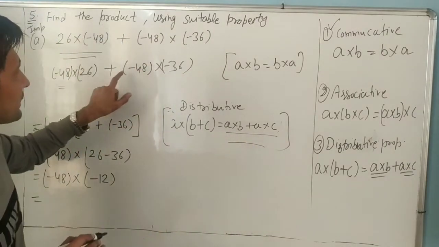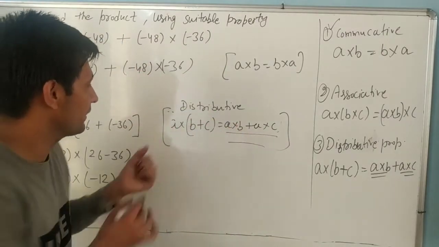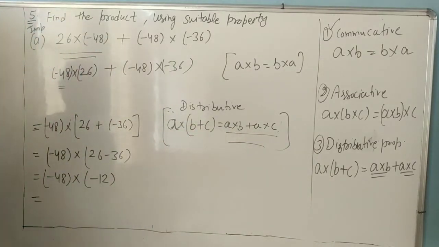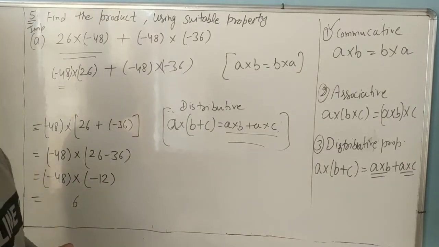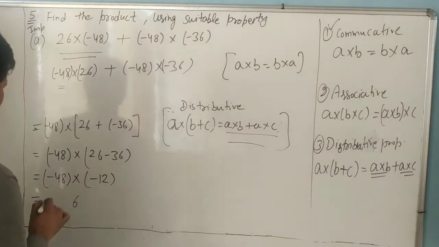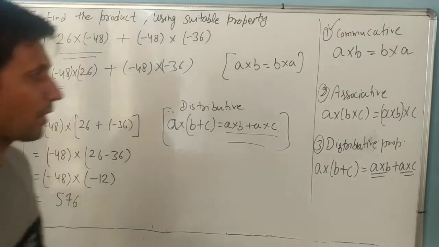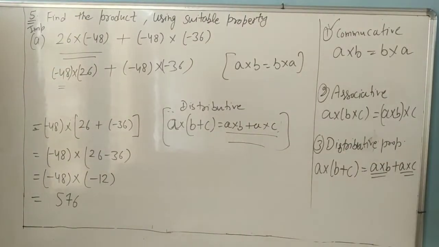A into B plus A into C. What is equal? A is outside into B plus C. So multiply negative negative, positive. 12 into 8, 96. 9 is carry. 12 into 4, 48. 48 plus 9, 57. It is your answer. Understand here? Note down it. Now we will do the second part. Always remember commutative and distributive property. Very important here.